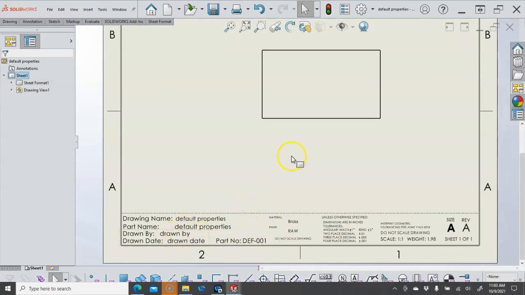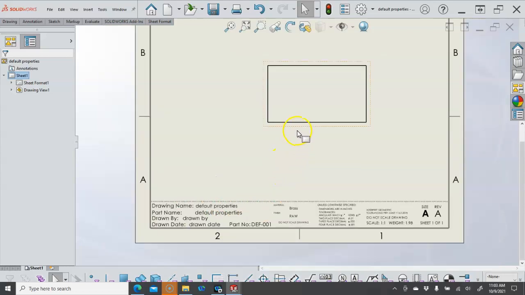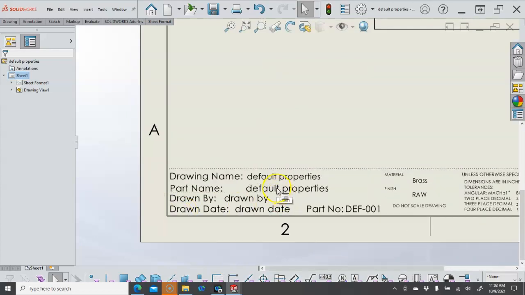We would have to make a decision on the drawn by whether we're going to leave those as title block fields or modeled by. Pretty much going to need to shrink these down and maybe make a second column. But sometimes the drawing names and the material can grow, and it's going to be kind of a challenge to check those. So the part name and the drawing name, if I were to actually save this, this should update to